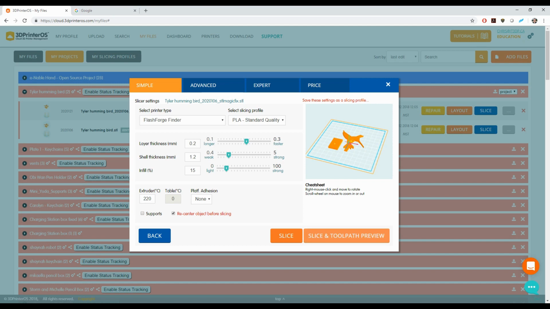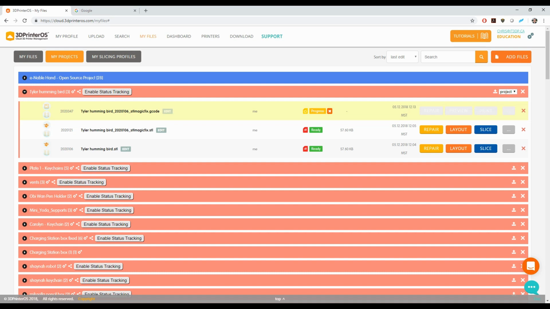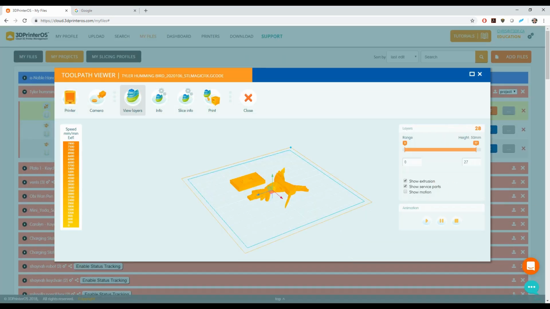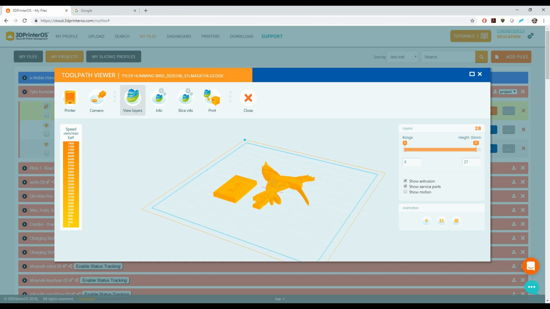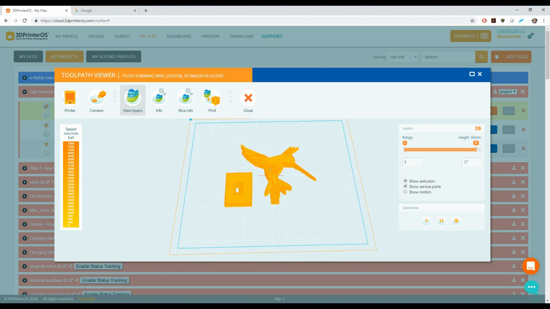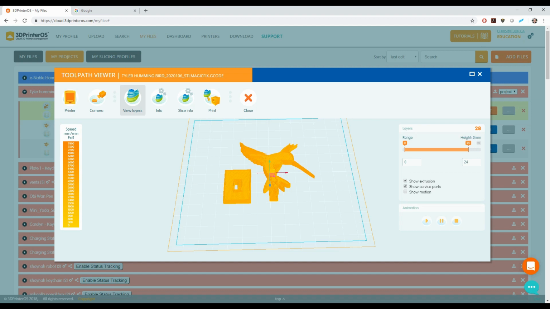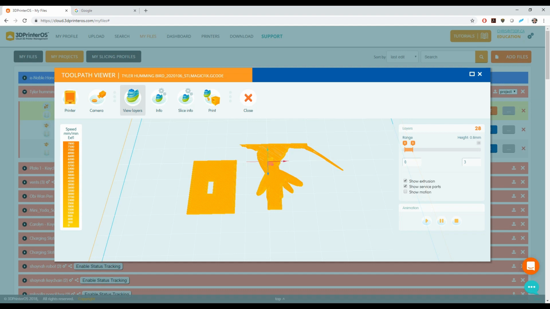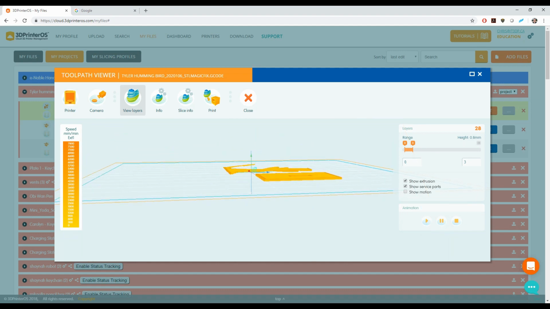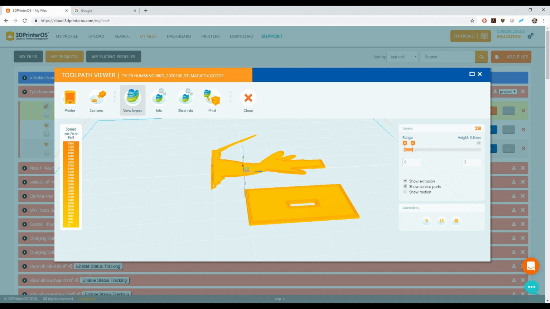So what we're going to do is click Slice and Toolpath Preview. And the reason we're clicking that instead of just Slice is because it'll bring us to the Toolpath Preview dialog box. I'm just going to change the camera angle. What we can do is drag the layer, showing us each layer, on down to layer number 1. Now, this is actually a very good example because as I get to layer 6 or 7, I can tell that at layer 3 it's actually not sitting flat on the print bed because it's not printing anything other than the tail of my object here, which makes the Toolpath Previewer an excellent way